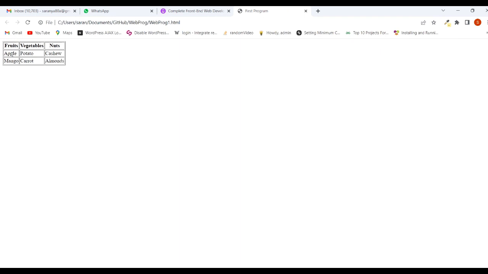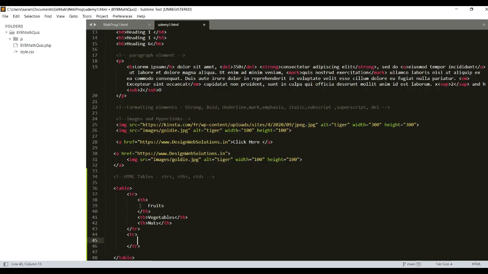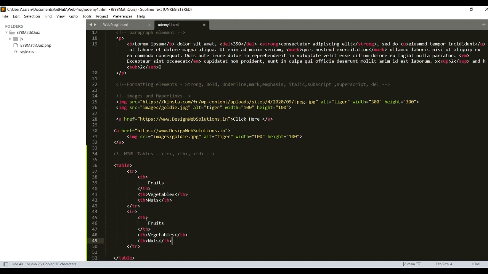we have table data. See, it is not bold, so whatever is bold is heading, and all the other entries in the table are table data. So the second row has 3 columns and all the 3 columns are table data. So similarly, I'm just going to copy and paste this, and instead of th tag, it has to be td tag. I'm going to edit th to td,